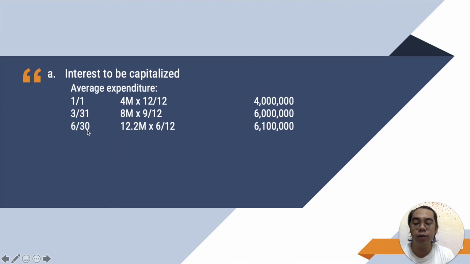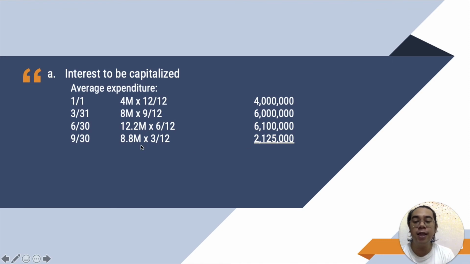Next, June 30, that's 12 million 200 thousand, and from June 30, it is outstanding for 6 months, so times 6 over 12, that's 6 million 100 thousand. September 30, 8,800,000. We multiply it by 3 over 12 because it is outstanding for 3 months from September 30. That's